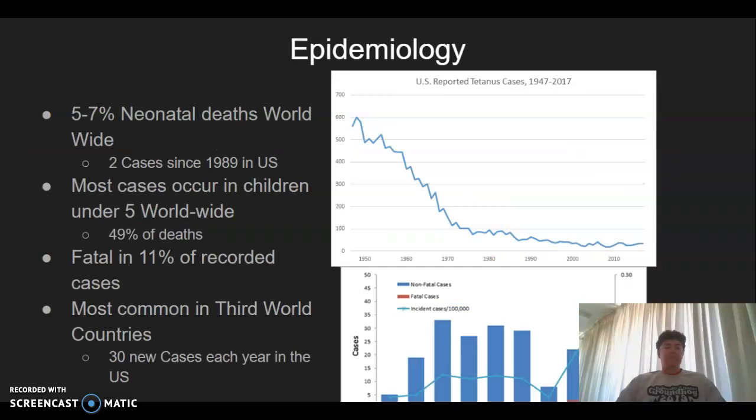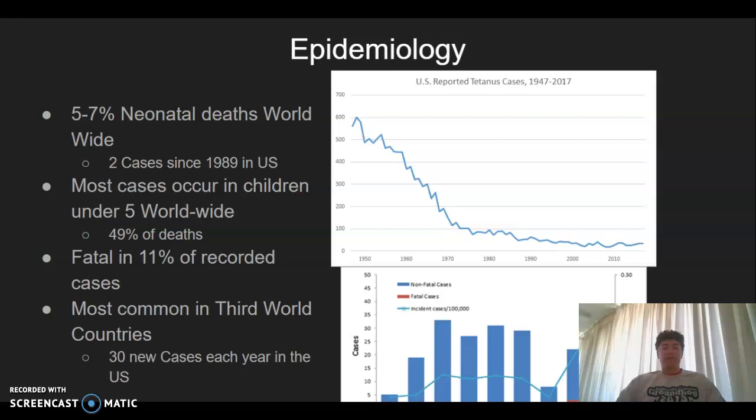Epidemiology of tetanus. 5 to 7% of neonatal deaths worldwide are from neonatal tetanus. But neonatal tetanus is very rare in the US. There have only been 2 cases since 1989. Most cases occur in children under 5 worldwide, and this accounts for 49% of the deaths from tetanus,